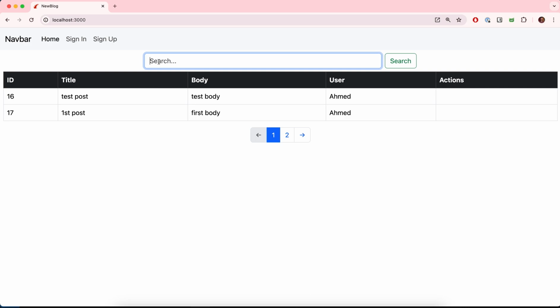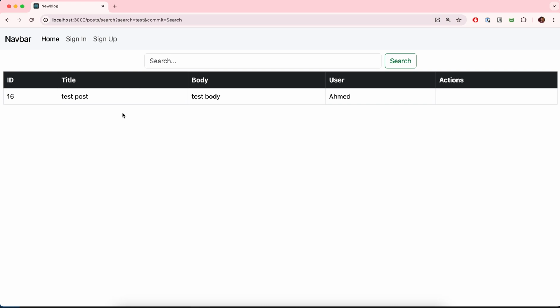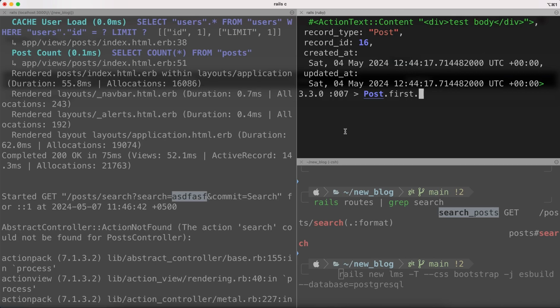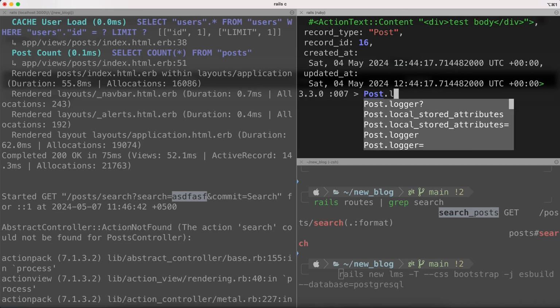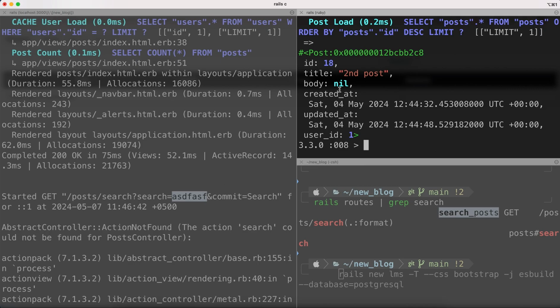So let's search again, test. You can see that it returned this post that has the test in the title or the body. Okay, so if I go back here and let's say I copy this word and search it here, it did not return any post. So let's see why. If I go to the terminal and check the post.last, you can see here the body